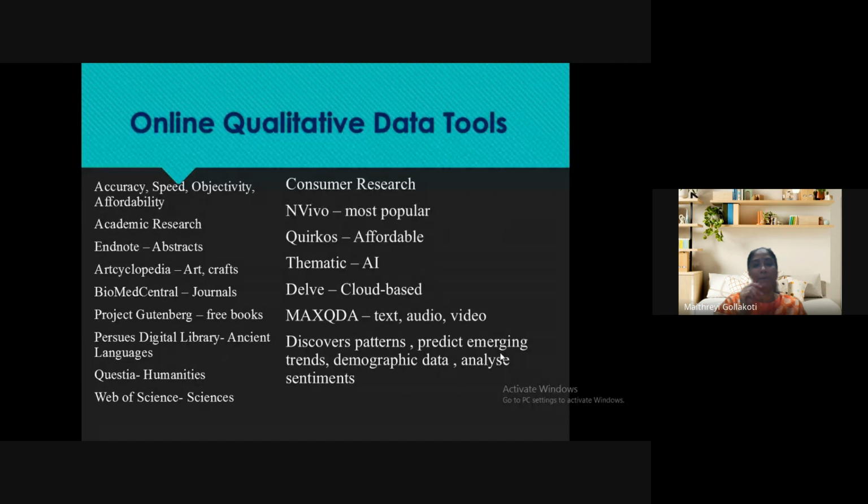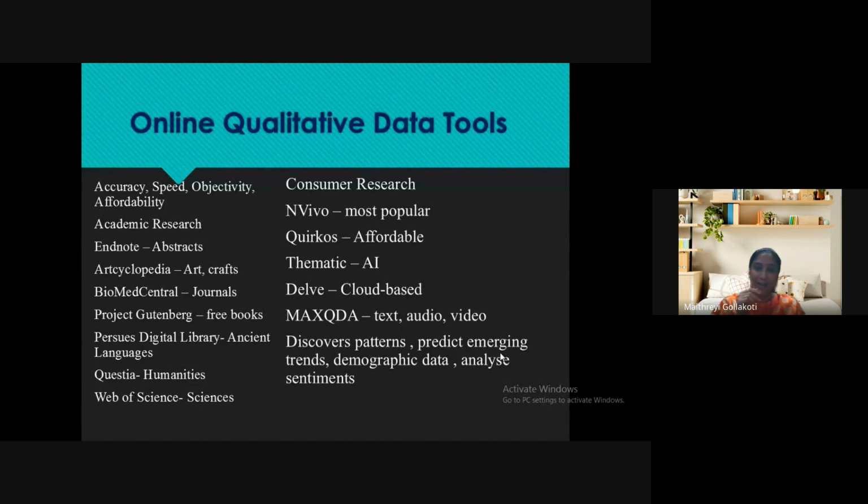And affordability. See, if I have to go to 100 places and research on 100 people, it will take me a lot of time, a lot of money, and a lot of modes of transport I have to take. But if I'm doing it online, it will be very affordable, isn't it? All I need is just one internet connection. Okay. So that is why it is very affordable. That is why online tools are gaining a lot of importance, because we can do it from the comfort of our place without spending so much.